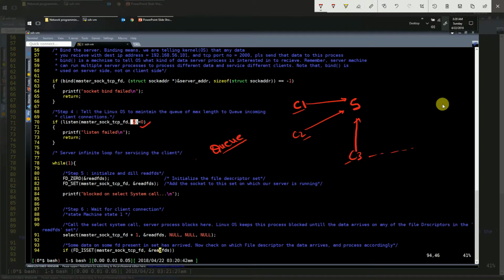If the server machine receives client requests from more than 5 clients, then the server machine will drop the extra requests. So this is the purpose of the listen system call. Now going forward,